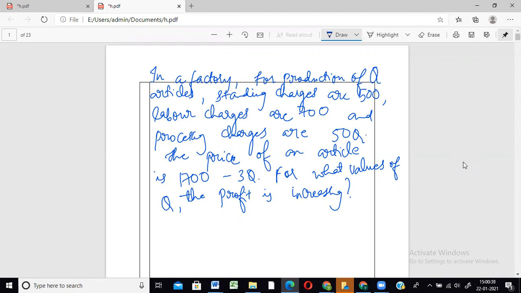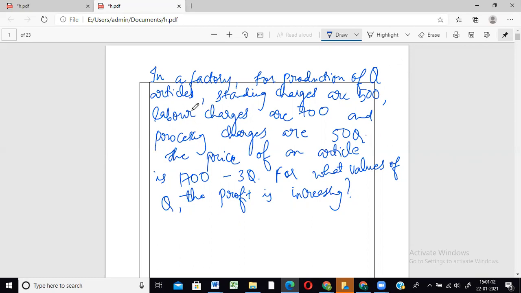Like, suppose you see the example of the electric bill that comes to your house. Even if you don't use electricity at all, even for one month, two months, or you are not in town for a few months, still you have to pay the minimum charge, right? The standing charge is what you have to pay even if you don't use any electricity. So that is called standing charges. That is the minimum amount you have to pay, and in addition, whatever you use, you have to pay accordingly, correct?